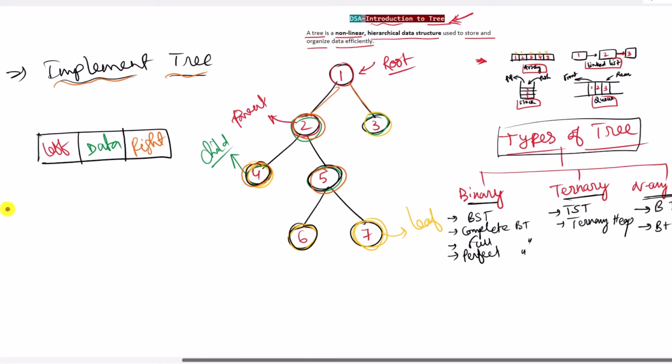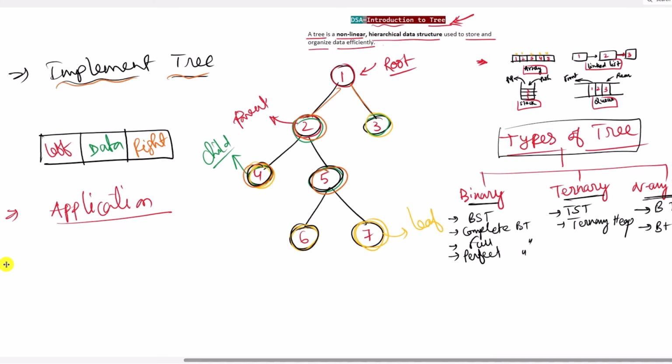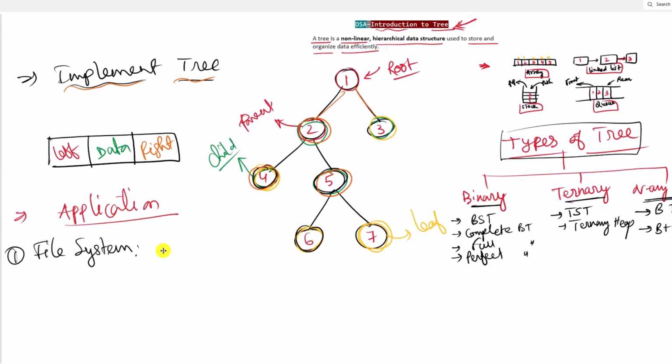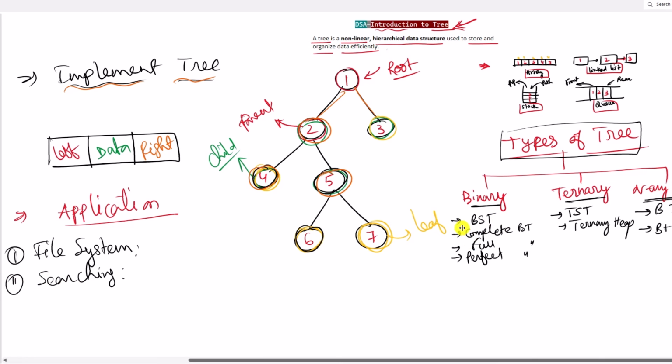So let's now talk about some of the important applications of the tree. First of all, the tree data structure can be used in file systems. Operating systems use the tree data structure to organize files and folders efficiently using this tree hierarchy. And secondly, it can be used for searching. For example, we have the binary search tree, which can be used for fast lookups, insertions and deletions